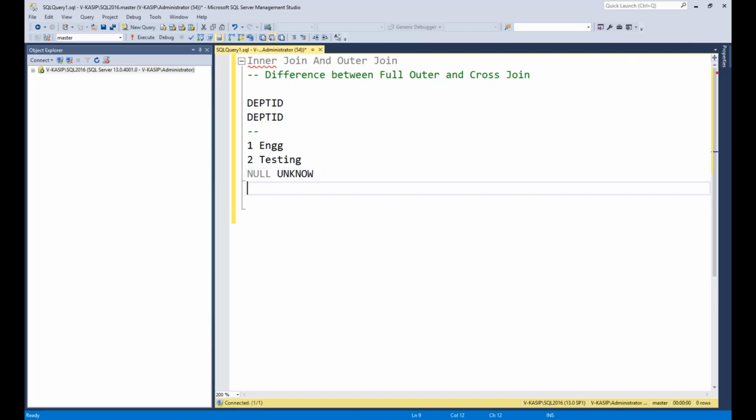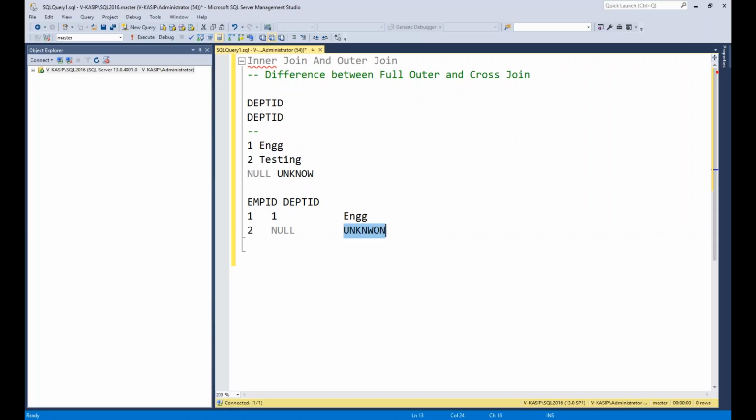I have the null record in the employee table: EMP ID 1, 1, 2, null for DEPT ID. Now, if I join to this department table, here I'm expecting ENGG, and here I'm expecting unknown. So can't I get this unknown here?